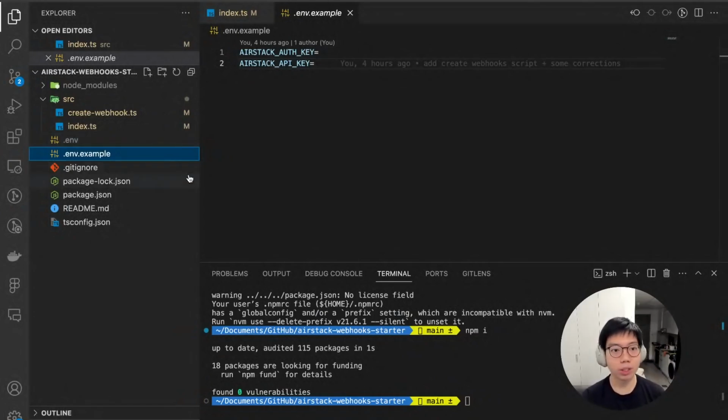I'm not going to show what's the content in my .env, but essentially we have two environment variables, which are the Airstack auth key and the Airstack API key. The Airstack auth key is going to be the authentication key that we're going to receive when we want to validate a request from the webhooks, and I'm going to show you how to get that later. And the Airstack API key is the API key for calling any type of service from the Airstack